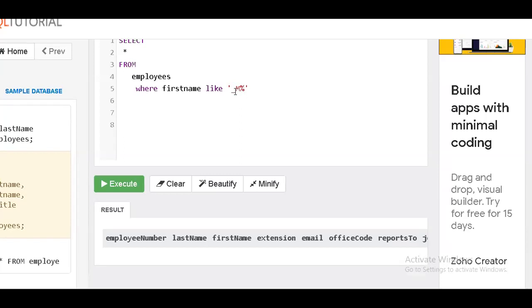The pattern doesn't match, that's why it's not giving an answer. Now let's see this particular thing. I'll use the percent. You know what the percent is: the rest can be ignored, it can be anything. But the first two letters should be something.